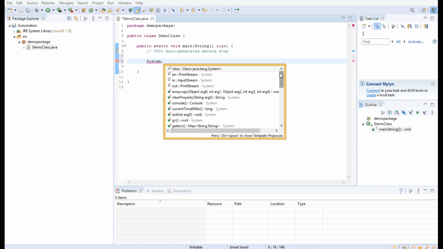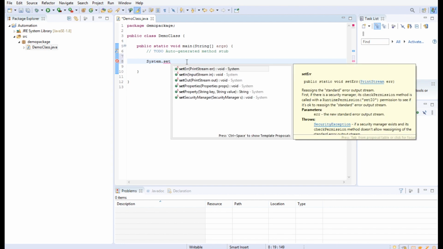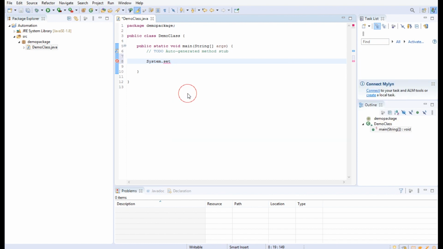We need System.set. If the suggestions are not displayed, we can also press Ctrl and space, and these suggestions will be displayed. Then we double click on setProperty.